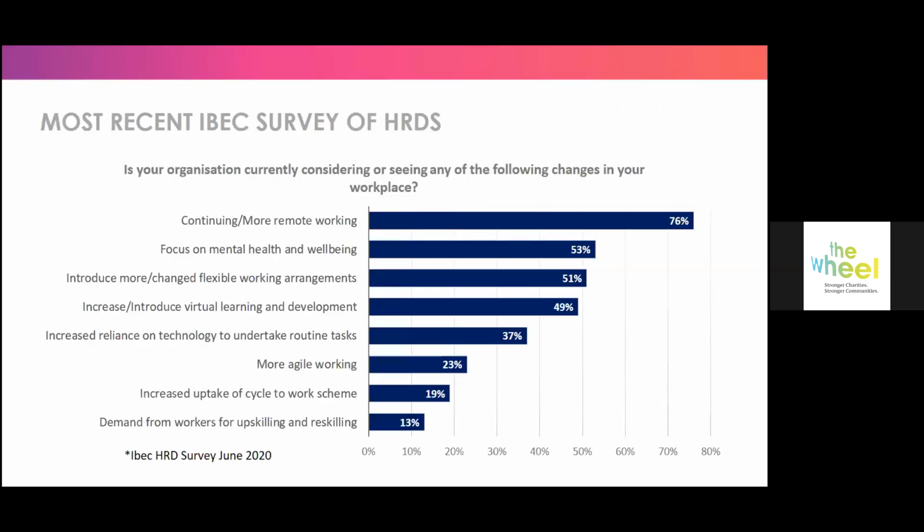There's quite a number of experiences there. And what is very clear in all of the data that we've collected is the amount of innovation that is going to be required in order to get us through the next phase of this. So looking ahead, people are seeing continuing more remote working, greater focus on mental health and well-being, introducing more and changed flexible working arrangements, more agile working. Interestingly, increased uptake on the cycle to work scheme as well in almost 1 in 5. So that's one that may be slightly unexpected,